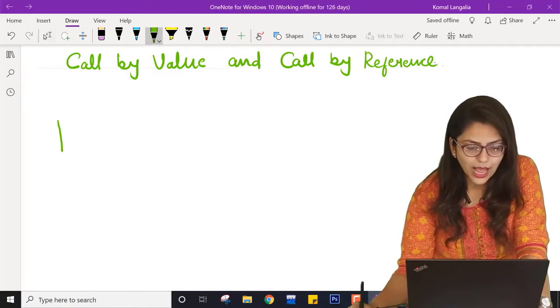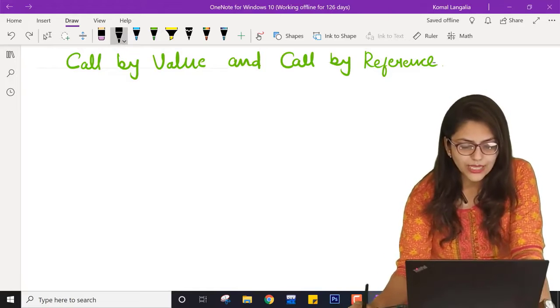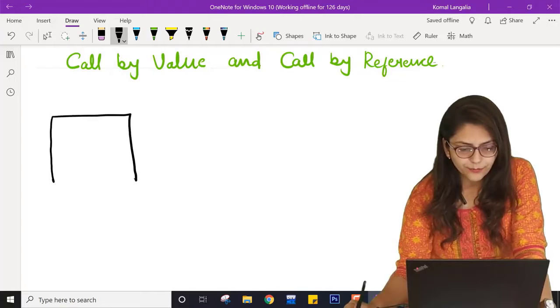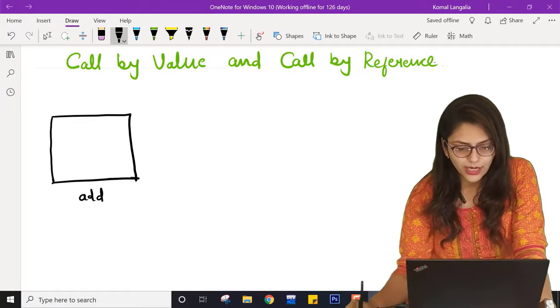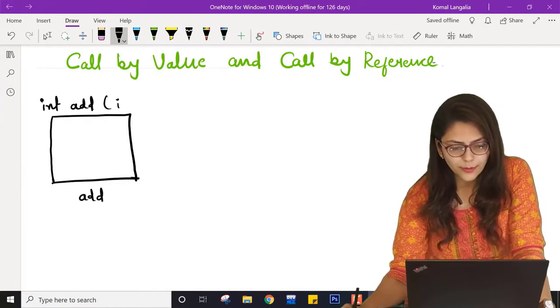So suppose I am creating one function, say add. So this is a function block add, right? Inside this, the definition of add is like this: int add, int a and int b, right?